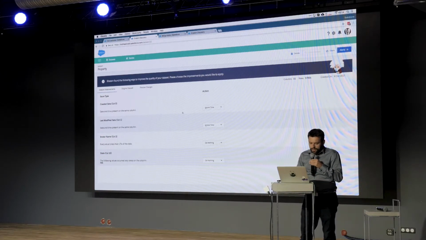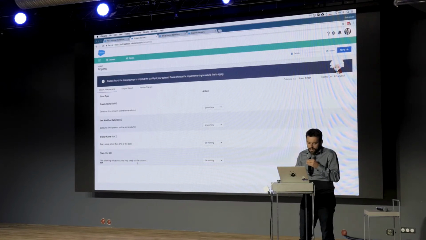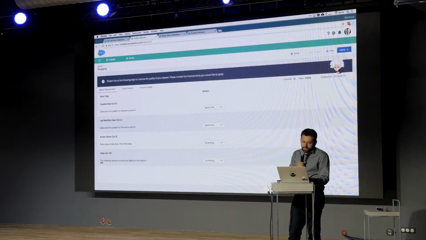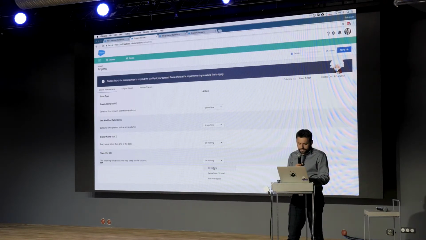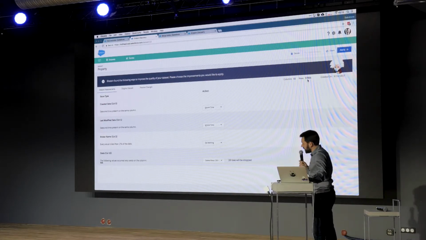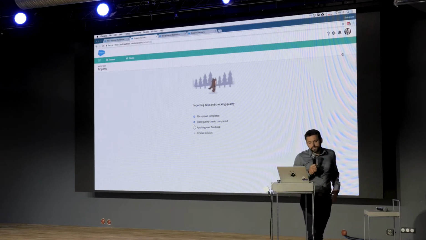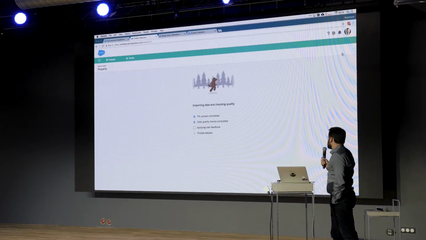For example, it tells me I can just use date, not time, so I'm going to ignore time. It tells me the broker name has very few values, 1% of the values. Okay, I'm just going to keep it. Also, in my data set, I have very few values for MA, so I'm just going to remove it, 18 rows out of the 57,000. I click apply, and this is going to update my data set and make it cleaner.